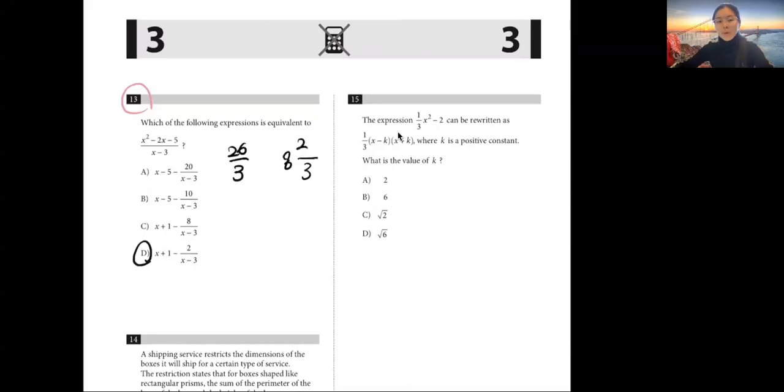In this video, I'll be going over practice test number 7, no calculator section, question 13. So let's get started. Which of the following expressions is equivalent to x squared minus 2x minus 5 over x minus 3? So this is going to be a long division, or you can factor things out, but I will